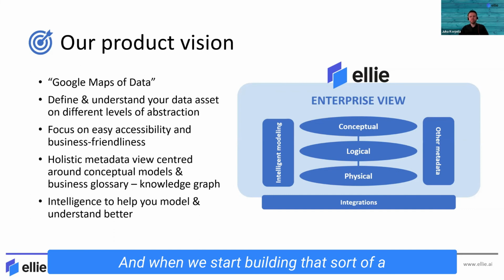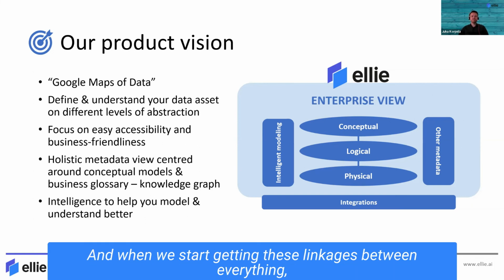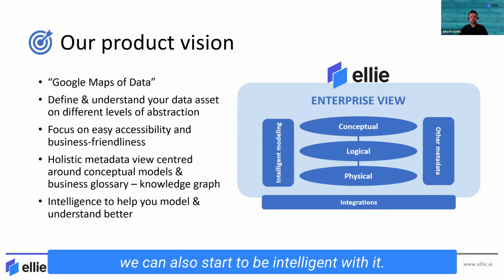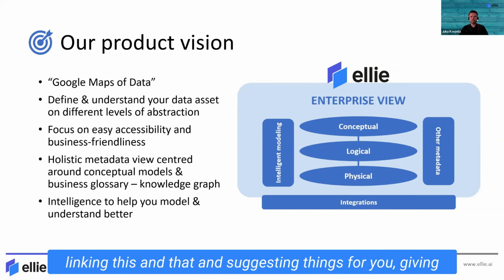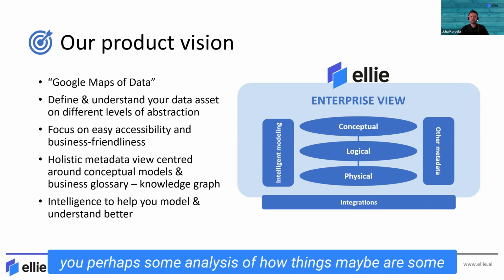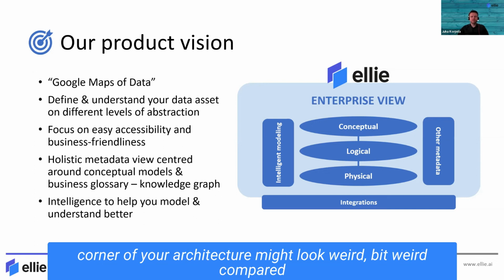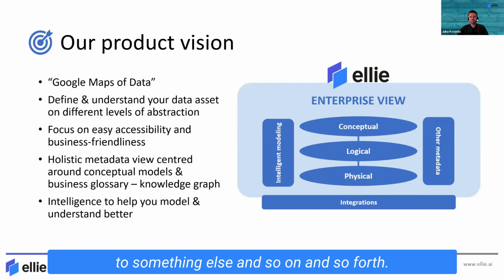And when we start building that sort of thing, we also think that there are more things that we can do to help, which relate to the fact that modeling is work. And when we start getting these linkages between everything, we can also start to be intelligent with it. We can start figuring out that maybe you should be linking this and that and suggesting things for you, giving you perhaps some analysis of how some corner of your architecture might look a bit weird compared to something else, and so on and so forth. This kind of help that we could keep